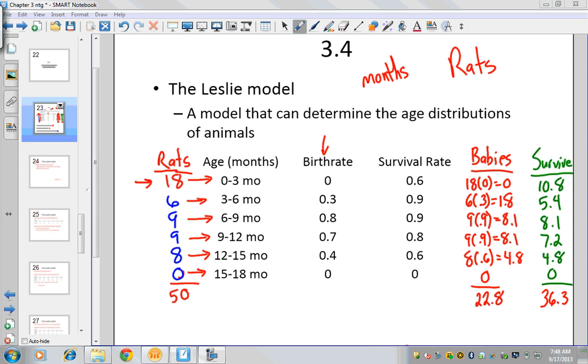One thing I did notice is that when I was multiplying for my babies here, I used the wrong information. Here I used 0.9, here I used 0.9 for some odd reason, and here I used 0.6. I shouldn't have done that, so I'm going to change that real quick, and I'm sure you're probably yelling at the screen saying I messed up. Hold on. Okay, I made the change here. So that's the information that we have now: 18.5 babies were born, and then